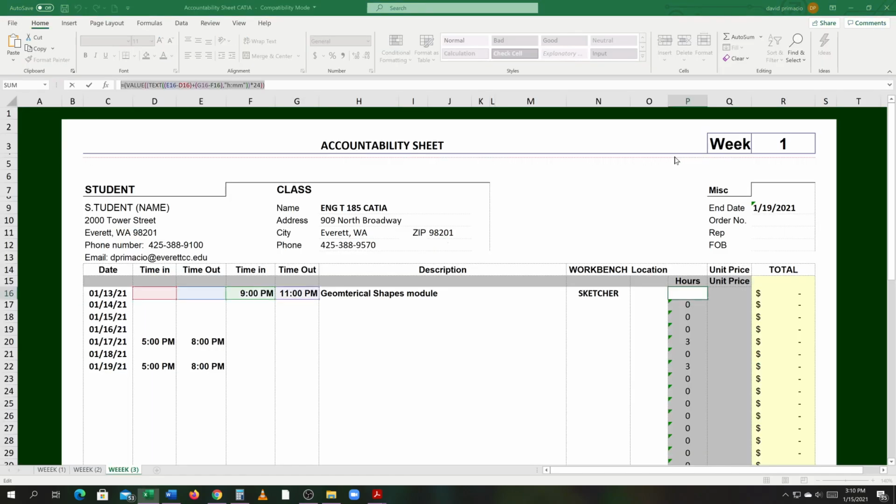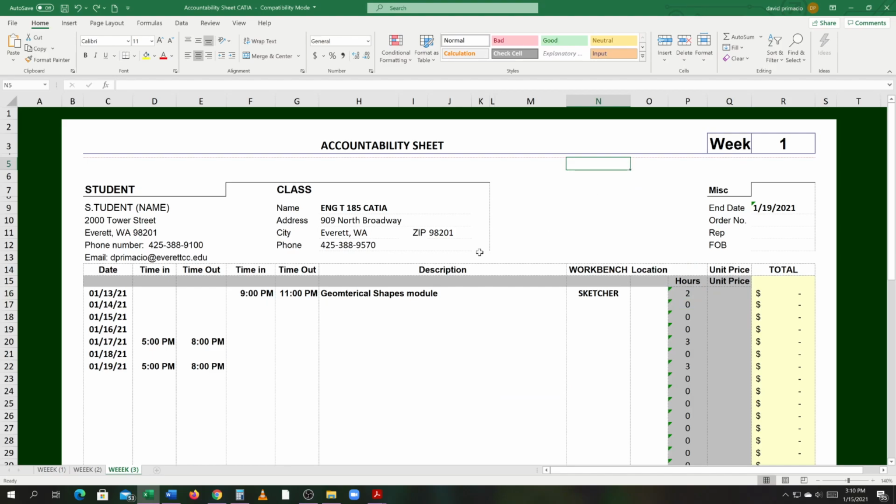All right, I hope this helps you out and gives you an idea of how to create and set up a spreadsheet. Oops, I'm changing my formulas around. I did not mean to do that. So I'll click here in no man's land. All right, so there's your last look at your